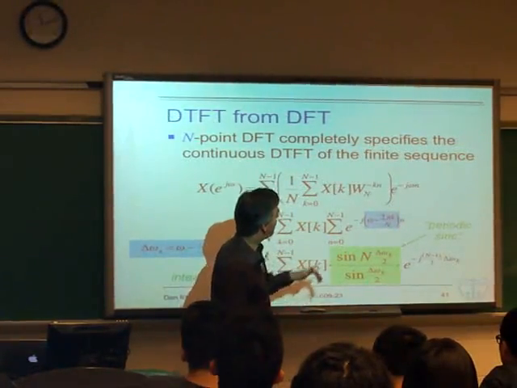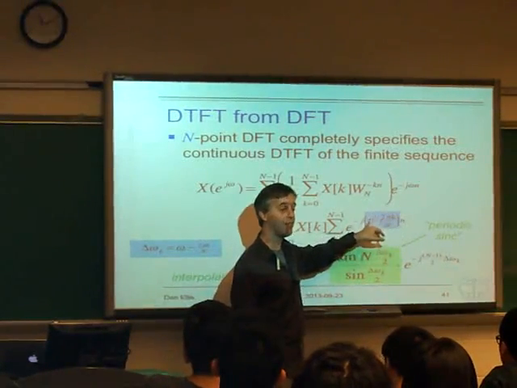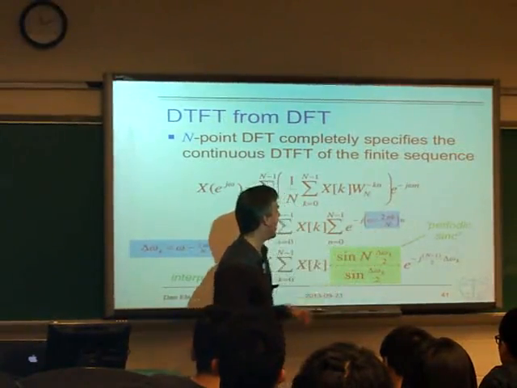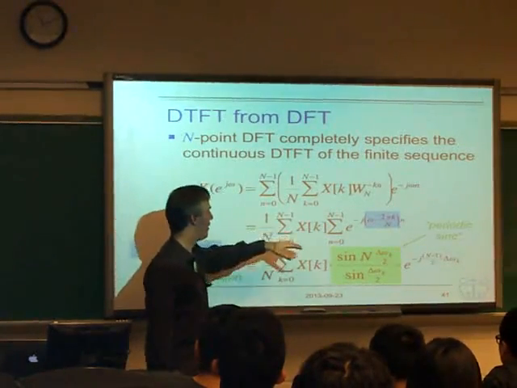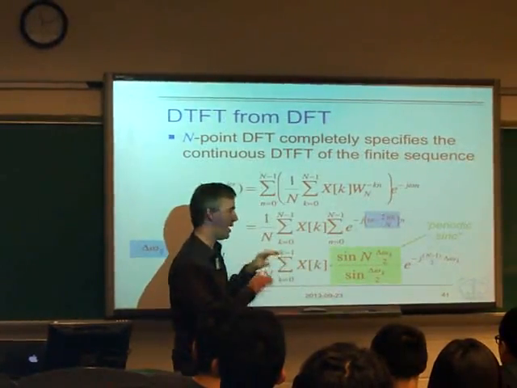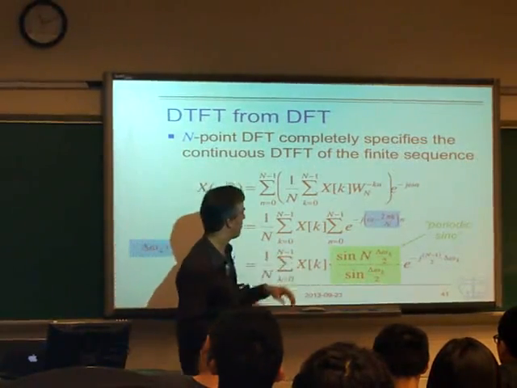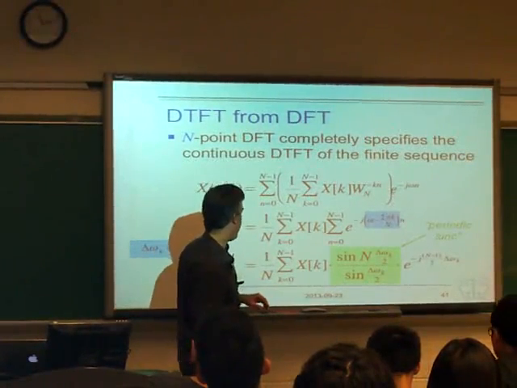But it turns out that the thing that allowed it to collapse in the past, which was that this was an integer times 2 pi, is not holding here. We've actually got a continuous value omega in here, which is giving us a continuous value. We're going to evaluate this for any arbitrary value of omega, so it's not going to collapse down. So what we end up with is